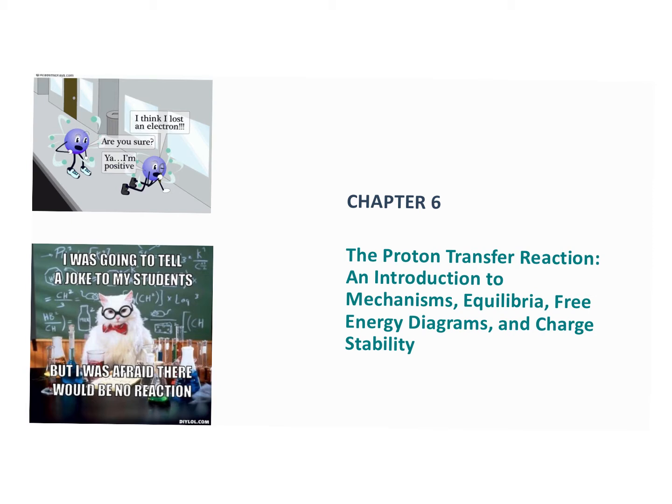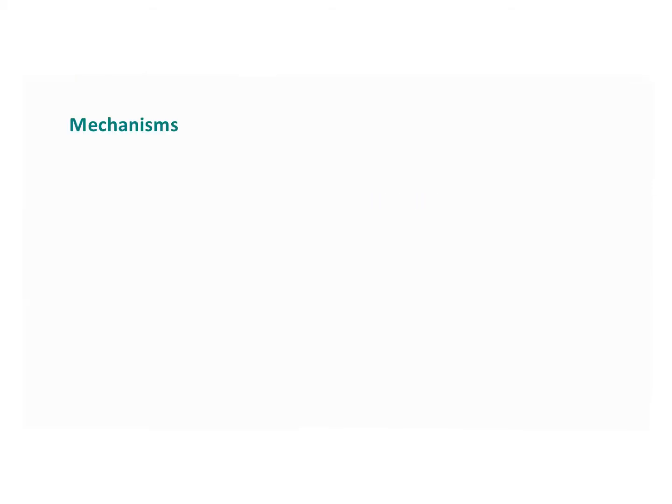Now in chapter 6, we're really going to start shifting our focus to chemical reactions and spend a lot more time, and really the rest of our time in organic chemistry, focused on those chemical reactions. So to be able to do this, we need to understand a few basic pieces of information about chemical reactions, okay? And we're going to really start here with mechanisms. So when we talk about chemical reactions,